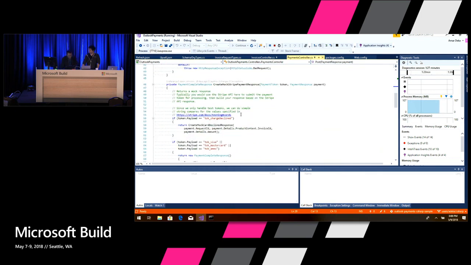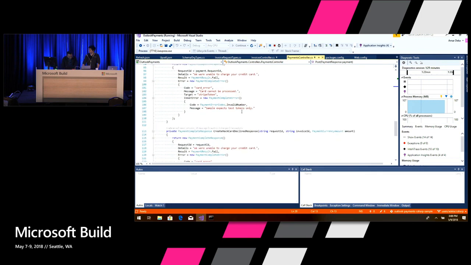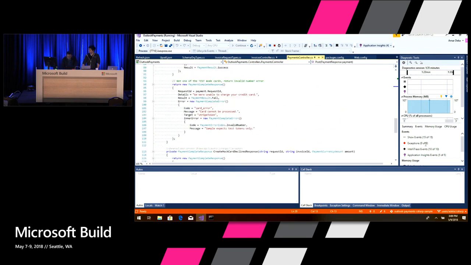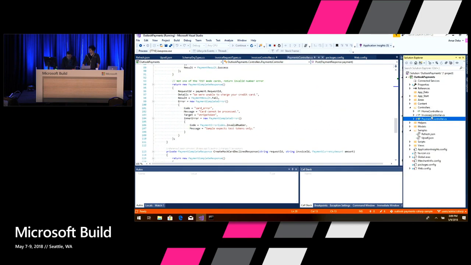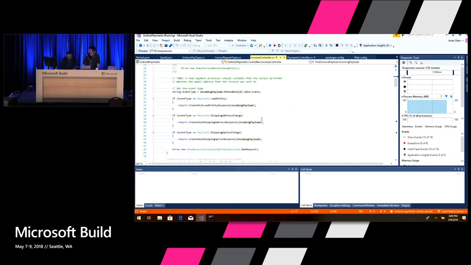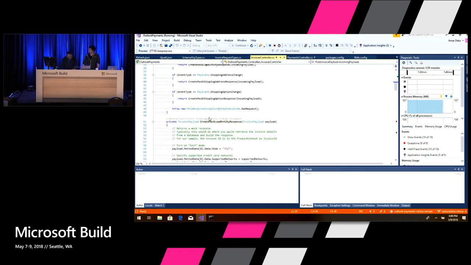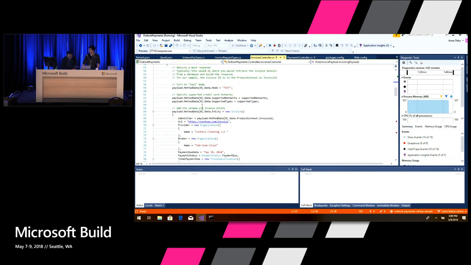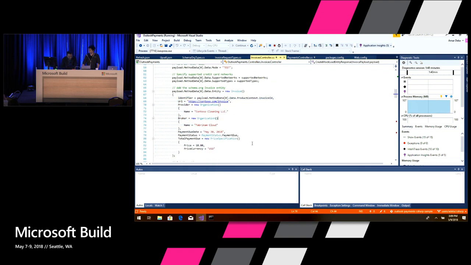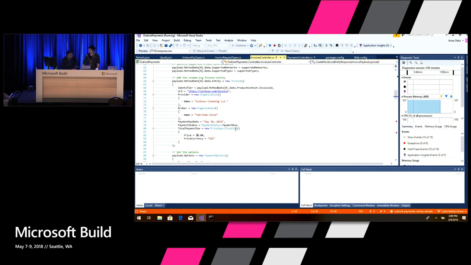Let me mark it. Invoices. So we are getting the first call at payment event load entity, and the load entity will return the details of the invoice, which says Contoso Cleaning LLC and May 30 with a $10 bill.